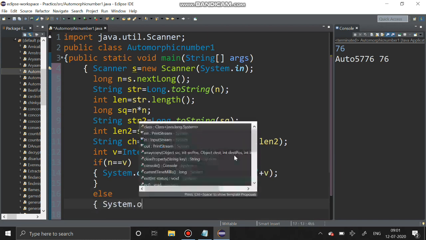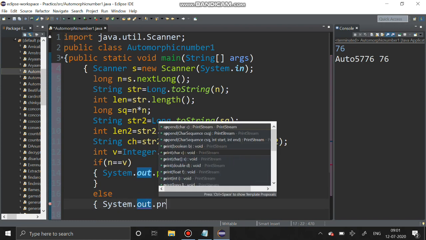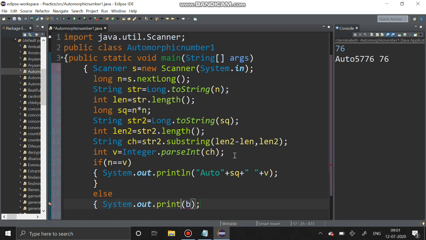Else it is not an automorphic number. System.out.print, not.